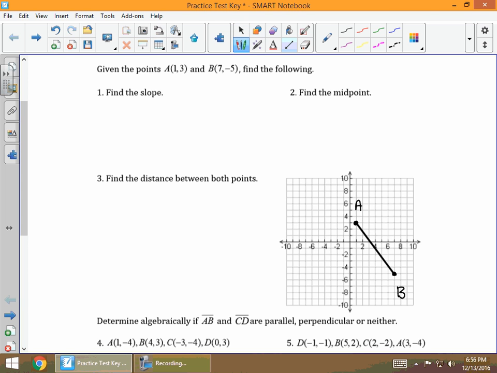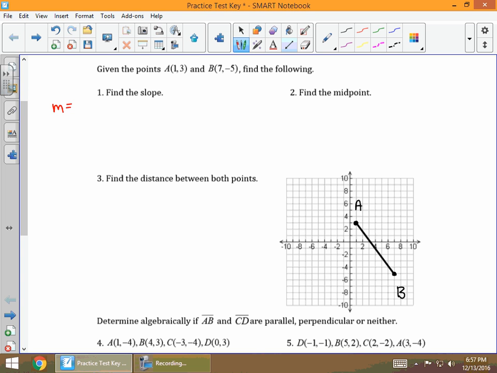All right, so as I do number 1, it says find the slope. If you want to use the picture and just do the counting down and over from A to B, you'll see it goes down and then it goes to the right. So I should know that the slope is negative. I'm actually going to use the equation. So the equation for slope